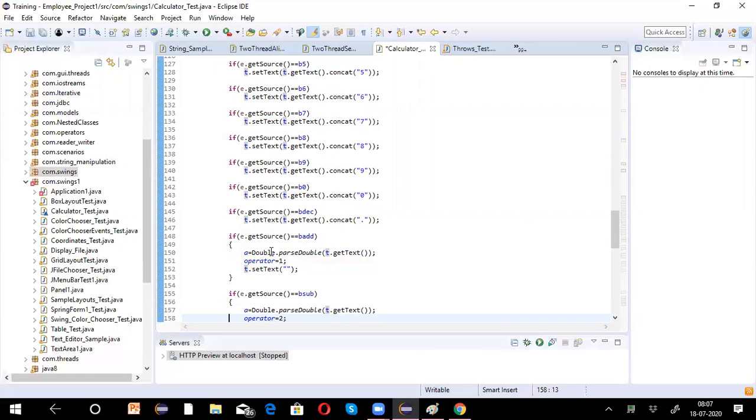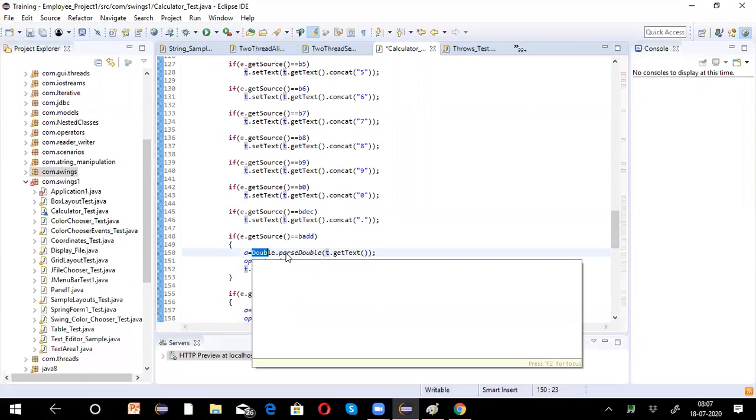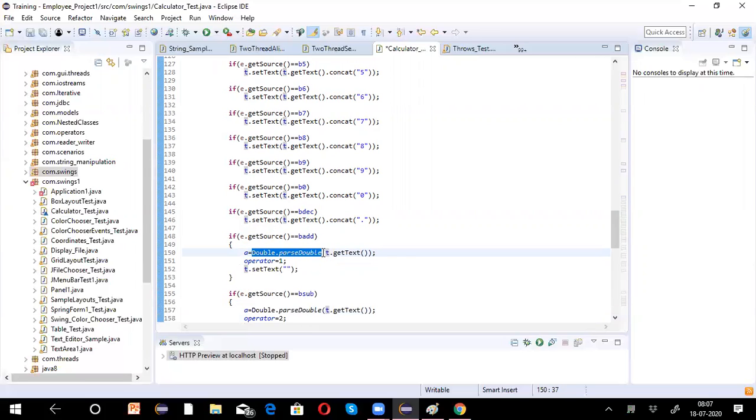Addition means Double.parseDouble. Double.parseDouble is used to convert string values into numeric values, because when we type in a text field, whether we are concatenating or entering data, it is taken as strings.